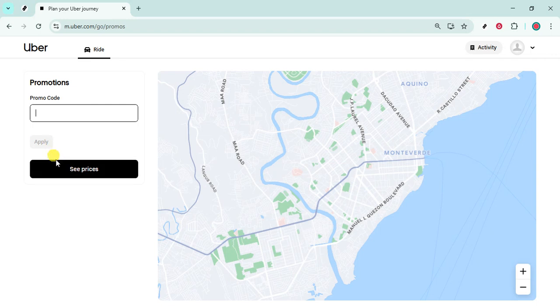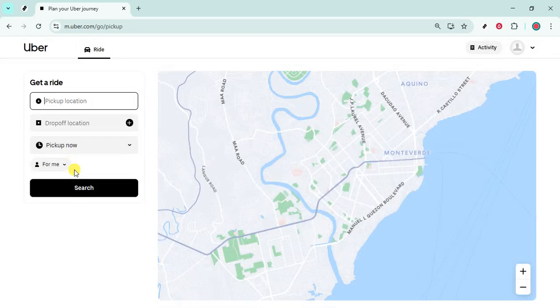If the code doesn't apply, check for common issues. It may be expired, already used on your account, limited to new users, restricted to a specific region, or tied to certain vehicles or a minimum fare. Correct any typos, confirm your account's country and city, and make sure you're using a payment method that meets the